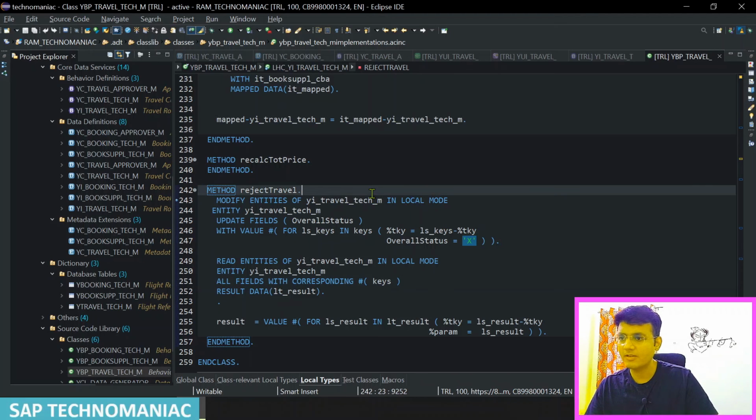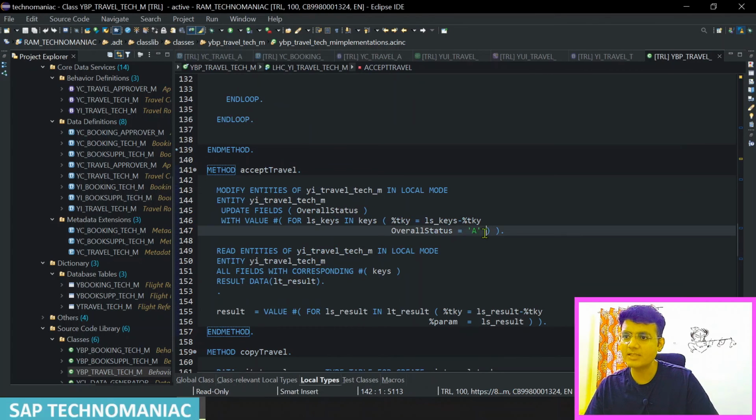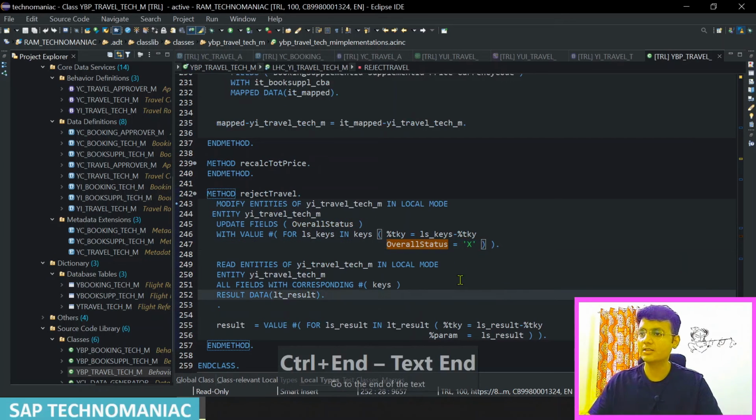One second, why not working? Something wrong. Okay, Control O9, acceptTravel. So acceptTravel A and Control, I think that is at last, Control and rejectTravel or stack X. Okay,